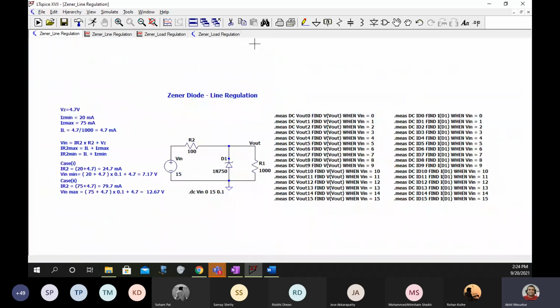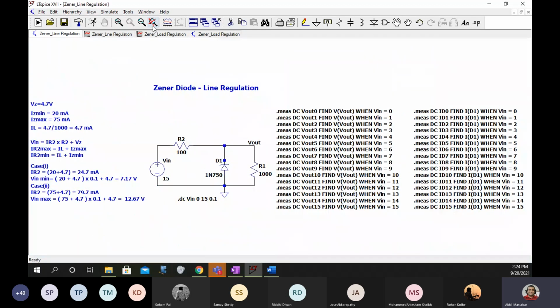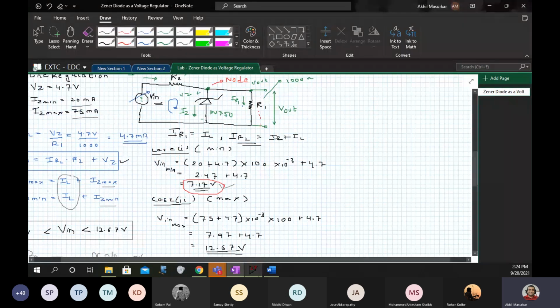So now I am showing you the file for line regulation. It is like this. So you can put these dot measure commands and also find out IR1 and IR2. Okay.